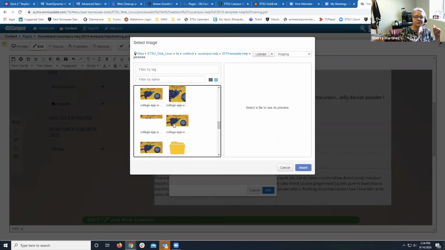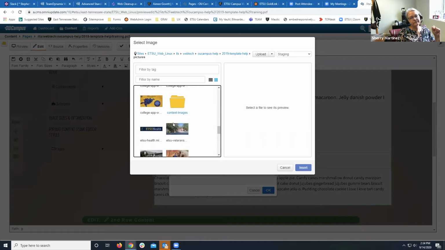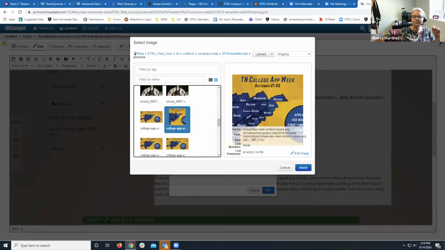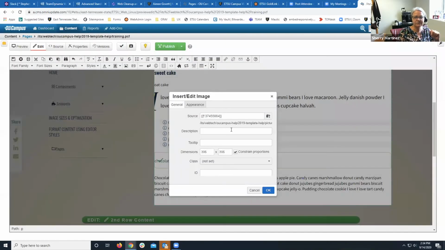I'll just use this square one here. This is my content square image. It did cut the image off, so you do have to be careful when you're inserting images. You'd probably want to put this in a custom just because of the nature. It's a map of the information. But for right now, I'm going to just say insert it, and I am going to have to write out